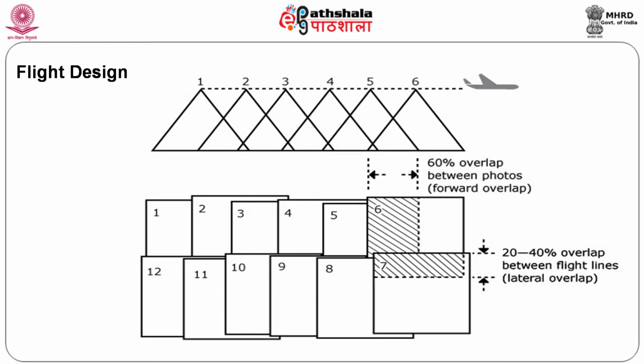While coming back it will take the next strip, and they also maintain it in such a way that you will have an end lap over the side lap of, we say, 20 to 40%, sometimes 15% also. The greater the overlap, the greater will be the number of strips. So depending upon the application we do that. Now here between 6 and 7 also you will have overlap, so that you will not miss out any detail. That is the idea behind it.